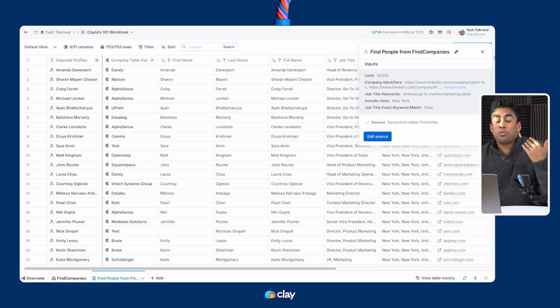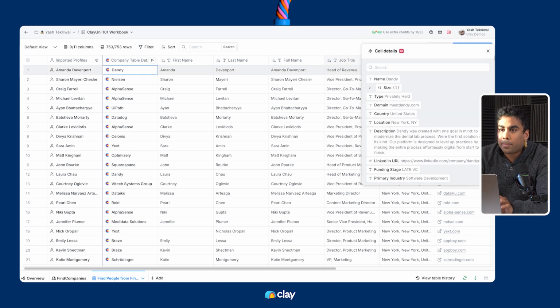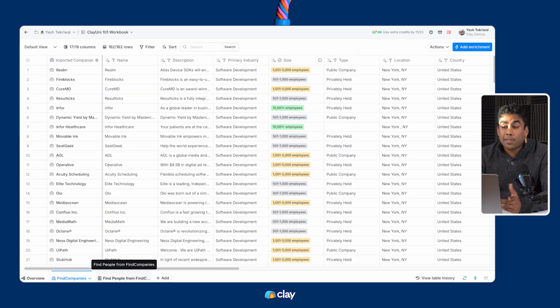Number 2, note that your tables are natively connected. What's really great about the Find People search is that we natively connect your Find People and Find Companies tables for you from this search. You can see the second column in your people table has this company table lookup. From that lookup, you can extract data from your company to each person automatically. If you decide to go back and add more data to the company table, like tech stack, for example, then all you would need to do is rerun the lookup column to pull tech stack into your company table as well. That's everything we've got for Find